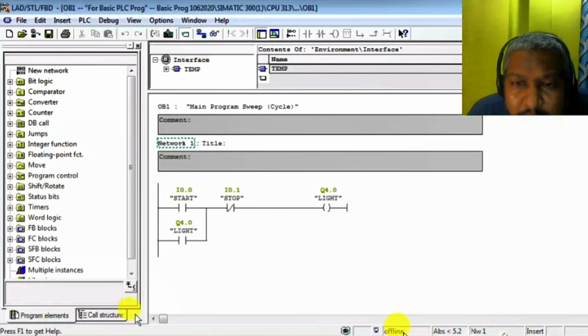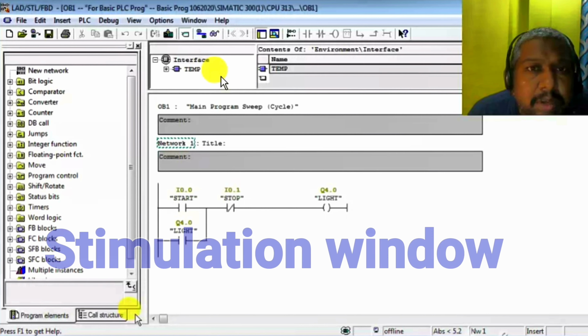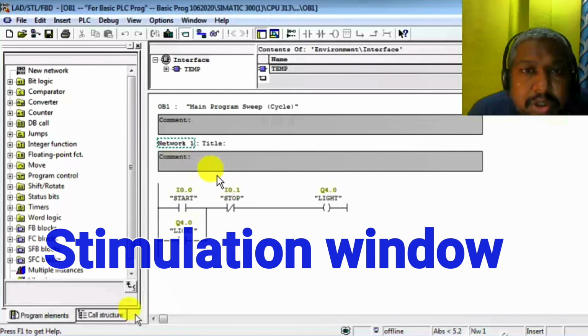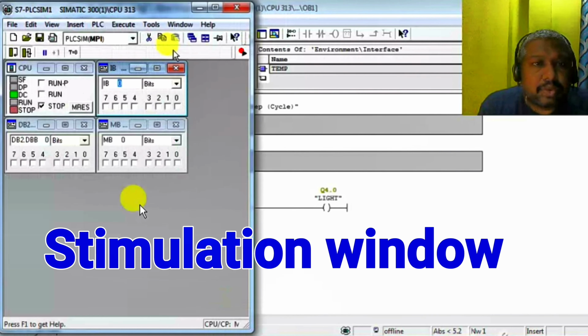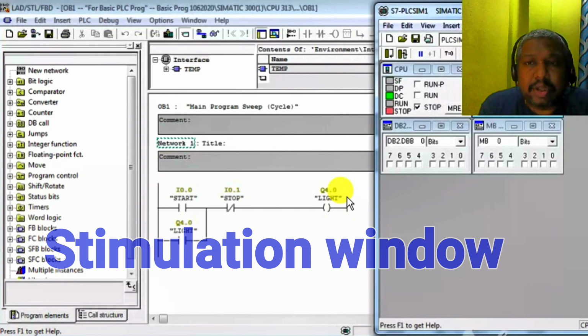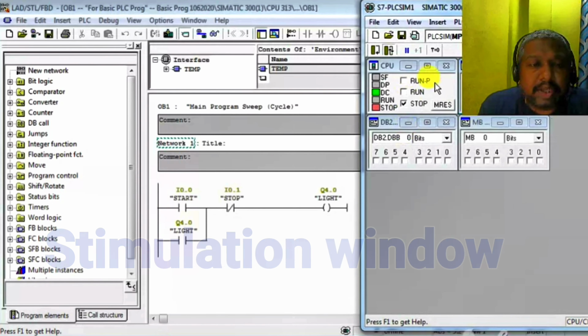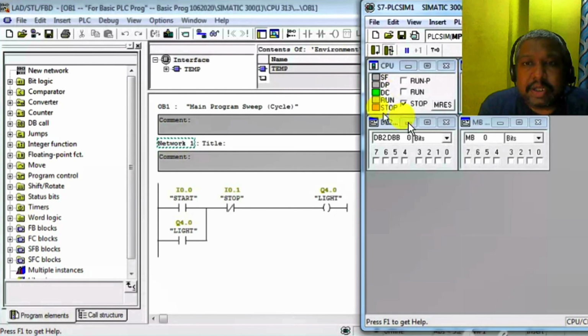For online, that means for simulation of the PLC, we must open the simulation window. Okay, this is the simulation window. Now look at guys, this is stop, red, run, not any color, DC, DP and SF, and click on stop.